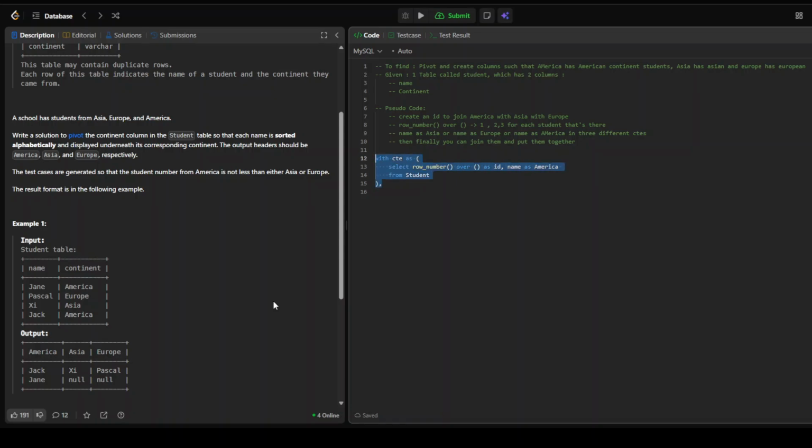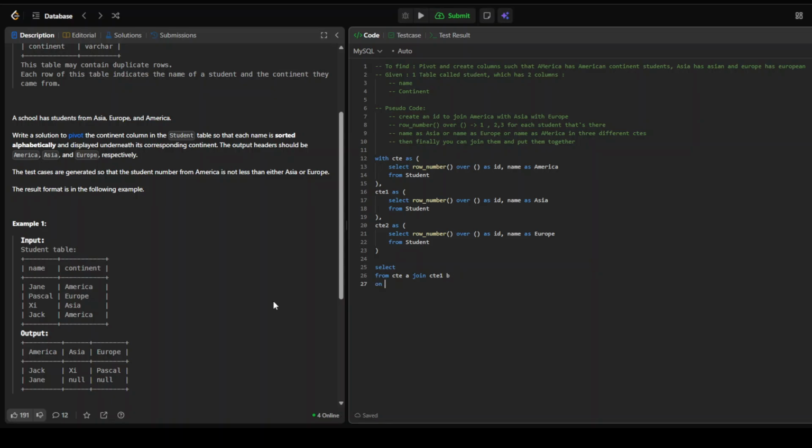Let's remove the WITH here. What I've done is I essentially copied it and then removed CTE2. Row number is fine, but name as Asia should be there, name as Europe should be there. Let's remove the last comma. Let's go for select from CTE join CTE1 as